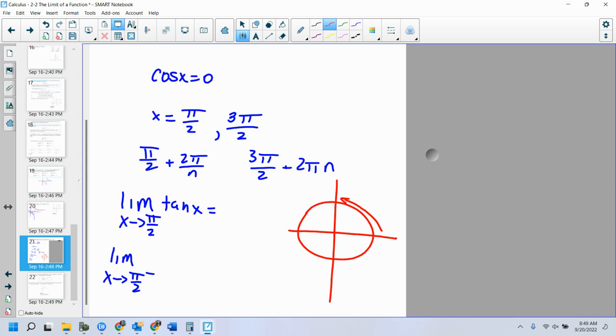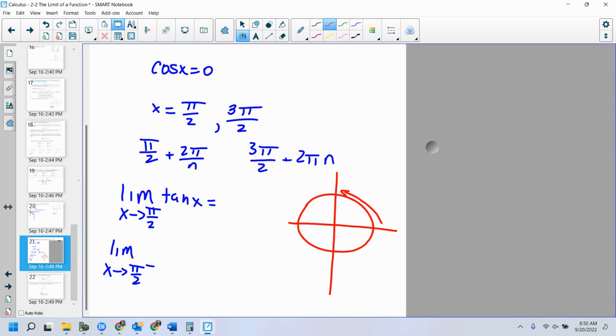Well, if you don't know what's happening to tangent, you should think about it as sine divided by cosine. Because if I think about the denominator of any fraction, if I make the denominator smaller, what happens to the whole value? Bigger, right? As I continually make the denominator of a fraction smaller, I make the whole bigger. So if tangent is sine over cosine, what's happening to cosine as I get closer and closer to the axis? What's happening to my x values? They're getting smaller, aren't they?